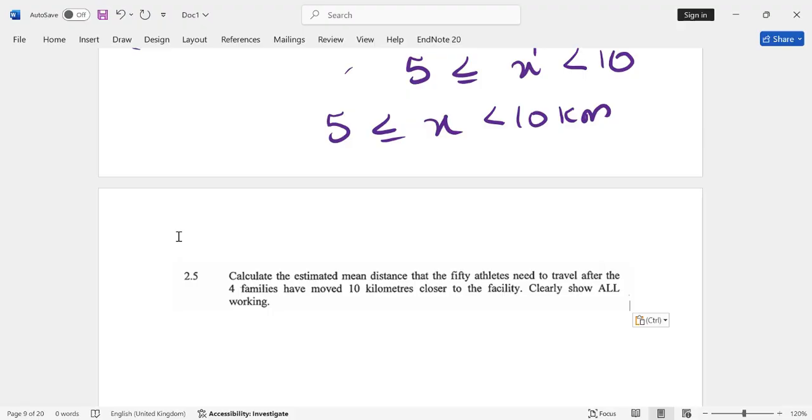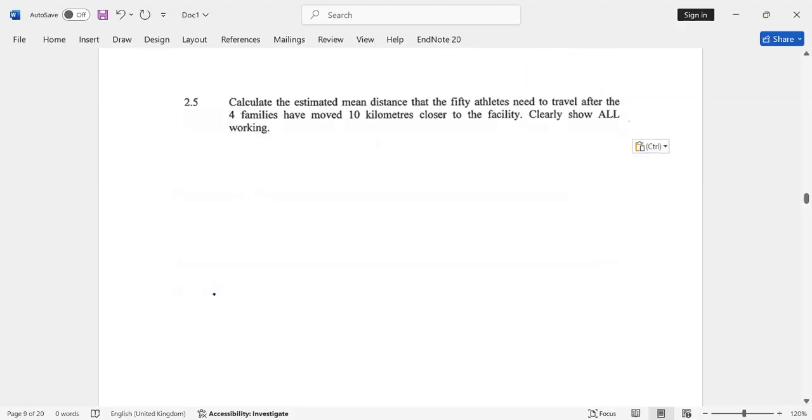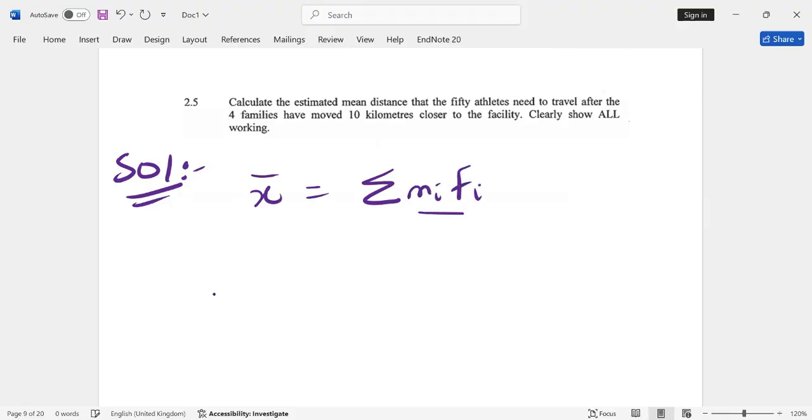So the mean is calculated using the midpoint mi of each class. Okay. So we have the formula of the midpoint, that is, we say that we have x prime equals to summation mi fi by n,